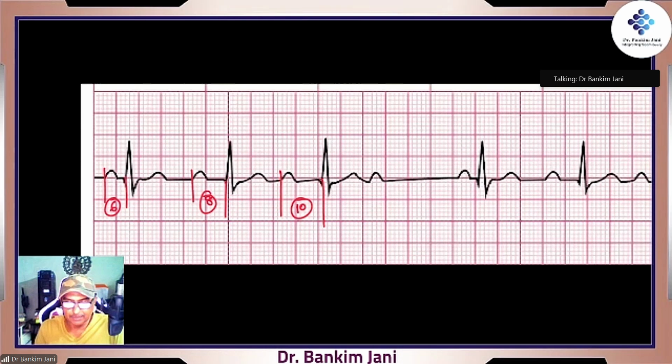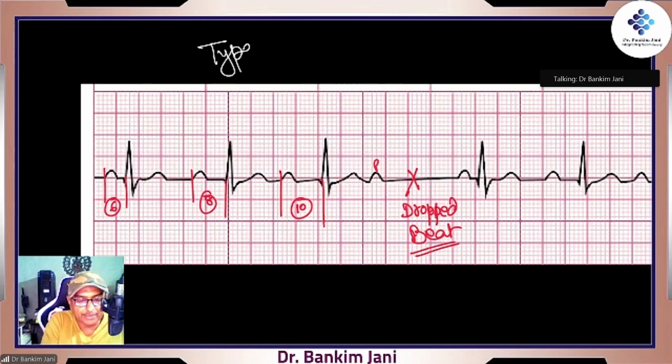And then moving further, here is the P wave. Where is the QRS? Absent. So this is a drop beat. Fulfilling both the criteria. So yes, we are dealing with type 1 Mobitz,